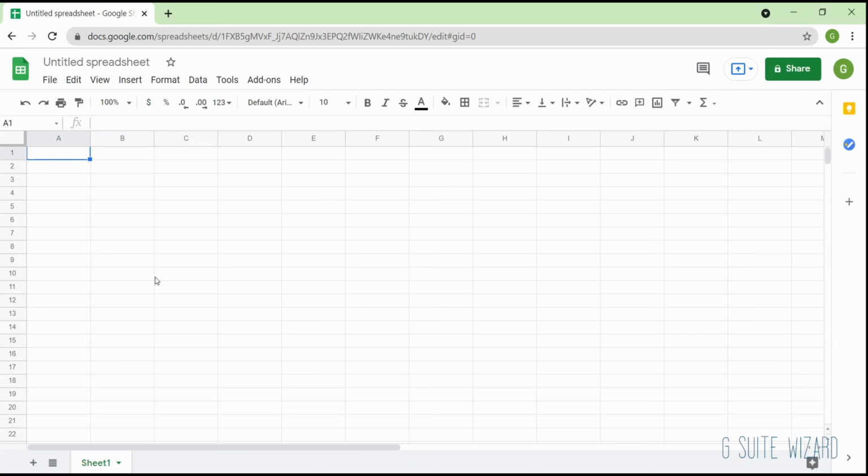If you are aware of Excel, then using Sheets should not be a lot of problem. But if you're someone for the first time and you want to understand what Sheets are, then you've come to the right place, right? So I'll give you a small introduction about Sheets, how we use them, and what the different options are. And if you want to learn more about Sheets, you can go into my spreadsheet series. I'm also giving a link at the top of this video. You can go to that series and watch all my videos to understand the capabilities and full functionalities that we can use with Google Sheets, right?